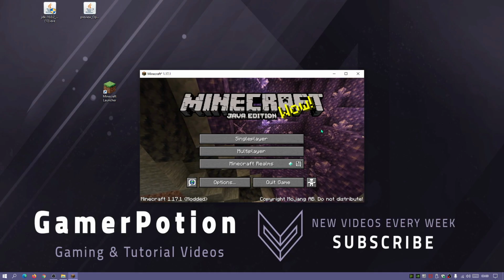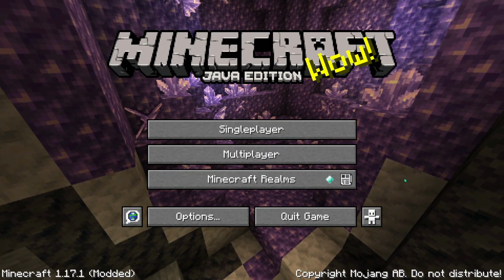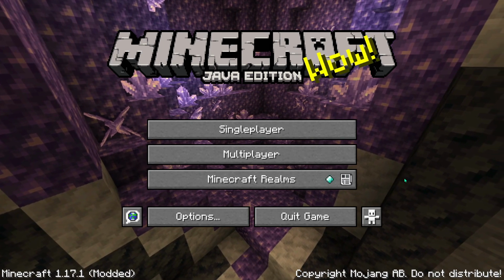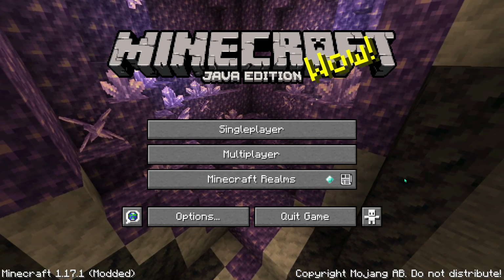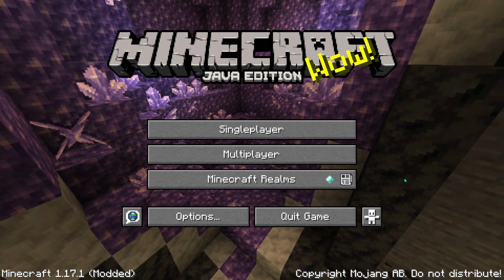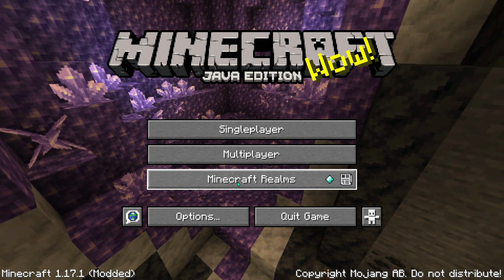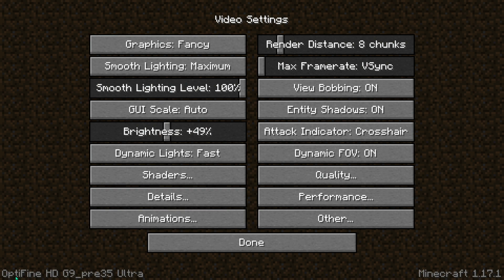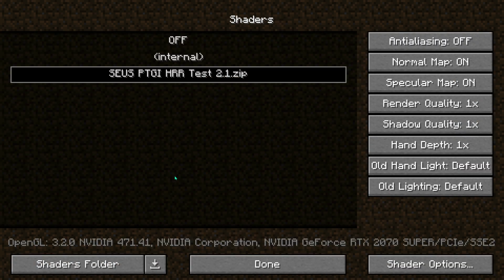Alright, so as you guys can see, the game has now loaded up. I'm going to press F11 on my keyboard and make sure that the game is running in full screen, because the SEUS PTGI shaders do run better in full screen mode compared to windowed mode. Okay, so now if I go to options, click on video settings, on the bottom left here it says OptiFine HD G9 Pre 35 Ultra. So I do know that OptiFine has been installed for Minecraft 1.17.1,